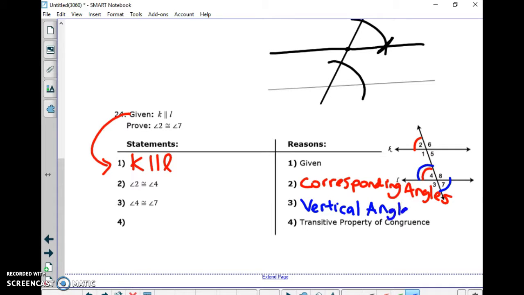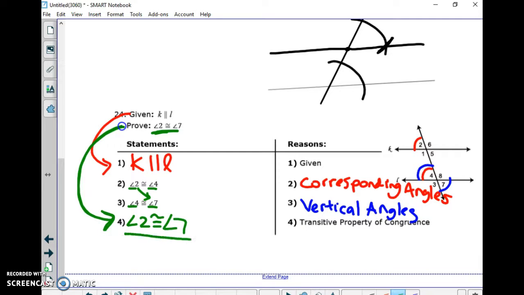And don't forget your last step. You're going to take the prove down to here and rewrite. Angle 2 is congruent to angle 7. Okay, 2 is congruent to 7 because of the transitive property. If you know 2 is congruent to 4 and 4 is congruent to 7, remove the middle step. 2 is congruent to 7, and that is it for the